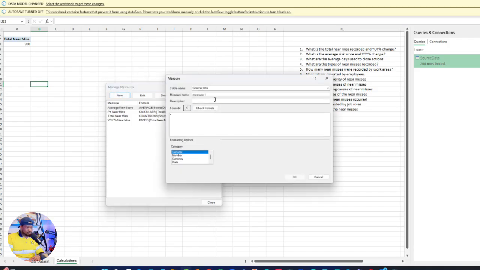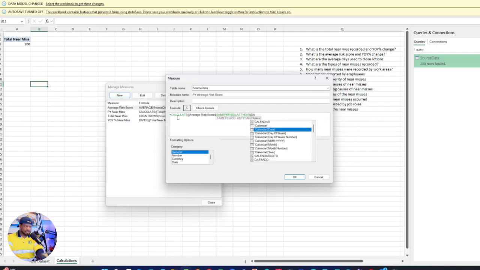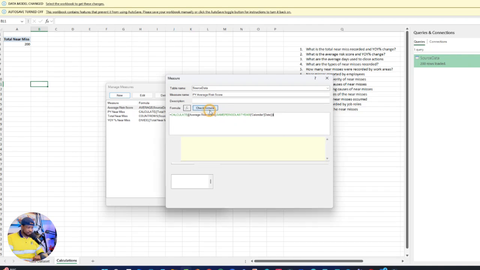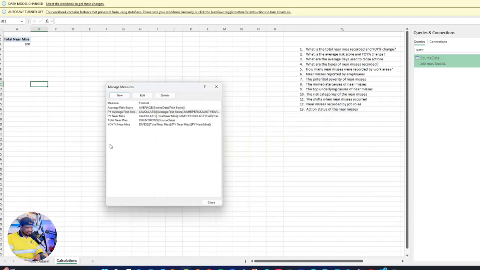Okay, and then we're going to do previous year's average risk score. And with this one also, we're going to calculate average risk score, and then same period last year, and then the calendar date, we select the date column. Okay, and then that's it. This one is in percentage, okay, with no decimal. So that's it. And then we move on to the other one, which is average days used to close